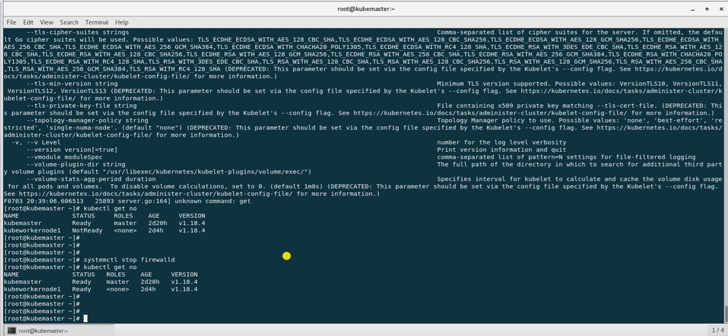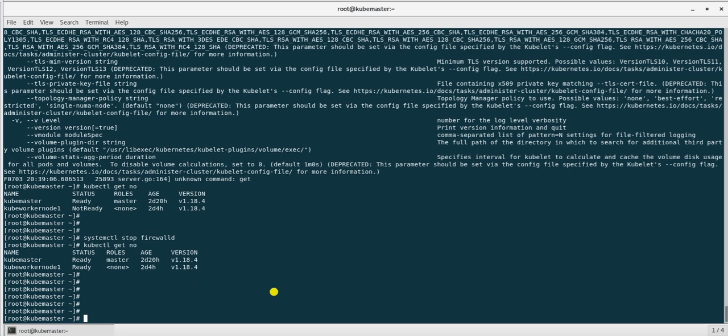Like if you provide three pods inside the replication controller, it will maintain that number. Means if any pod crashes or any pod gets deleted, it will again bring the pod up and make the number of pods equal to 3. So it will maintain the total number of pods. So this is the use of a replication controller. And first let's see how we can create a replication controller.